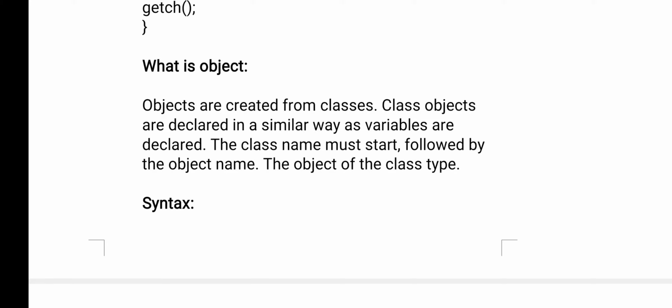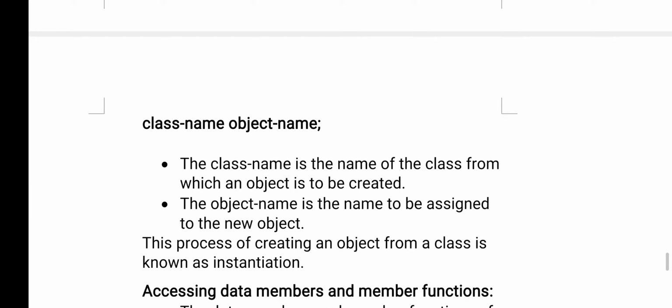Okay, for example, if I give int a, it is a type of what? Integer. But if you have given an object like a is the name of the class, space obj is the object, then obj is the object and its type is class a. Okay, so an object is the instance of a class. If you want to access class members and the member functions of a class, then you need to create an object of that class.